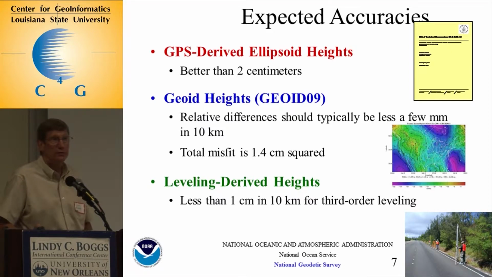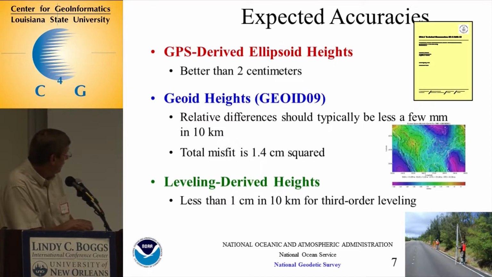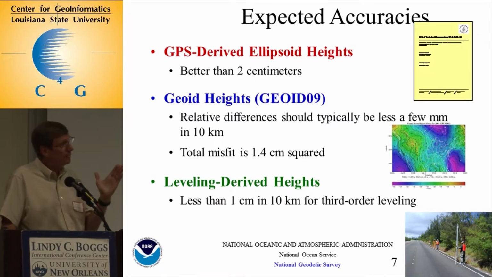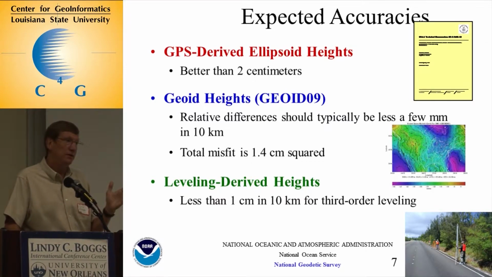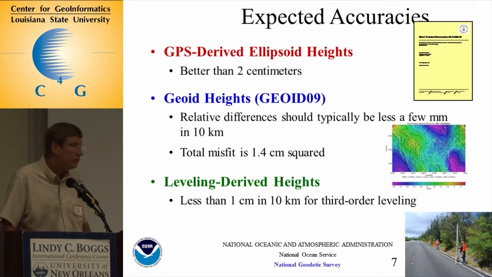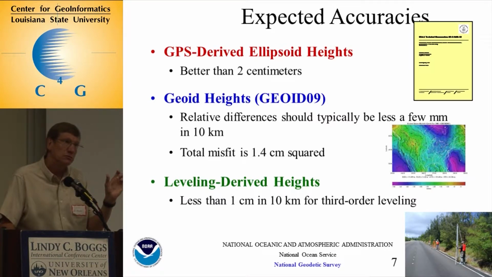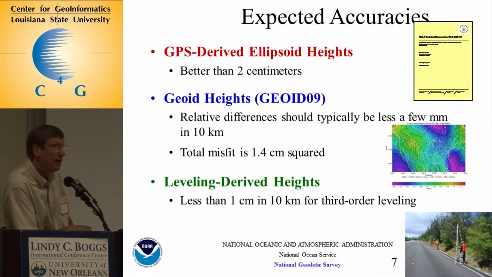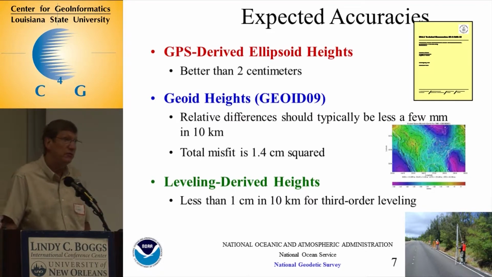In 10 kilometers, even third order leveling is better than a centimeter. Now, immediately people say, well, wait a minute. In 10 kilometers, I'm allowed 1.2 centimeters of misclosure times the square root of kilometers. That's a misclosure. Okay, remember, if you follow third order specification procedures as they are written as part of the federal guidelines, when you're done, you will actually have better than about 1 centimeter in 10 kilometers. Even though your misclosure that you're allowed, section by section and over the 10 is larger,